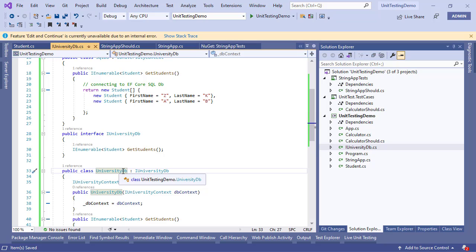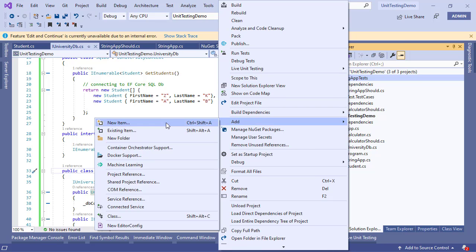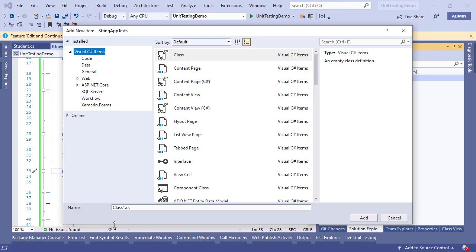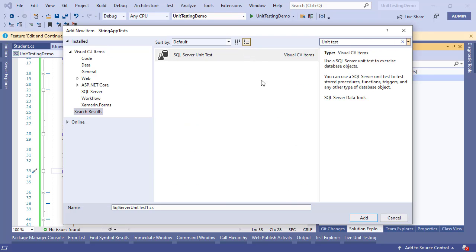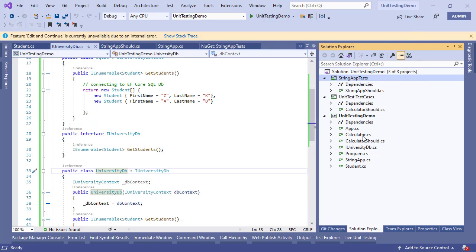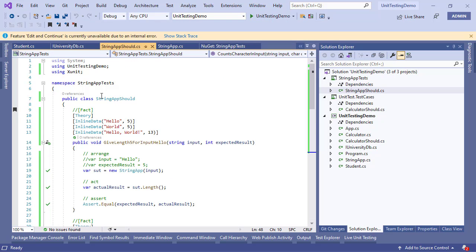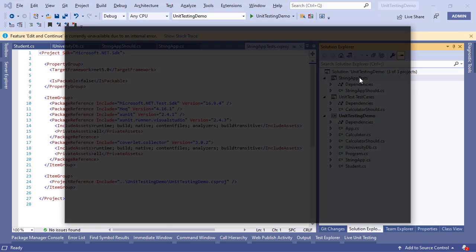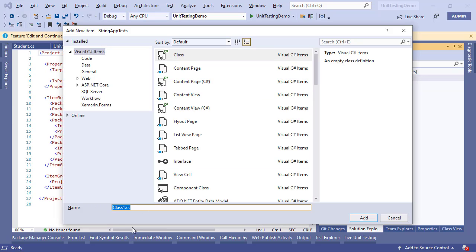Now, to test this UniversityDB, we're going to add a new test case inside our test class. I was surprised to see that there is no unit test case template available inside this project template. So I've looked in this series and I did not find any unit test case implementation, even for XUnit or MSTest. So we are simply going to copy this implementation and add a new class to our solution. We can call it